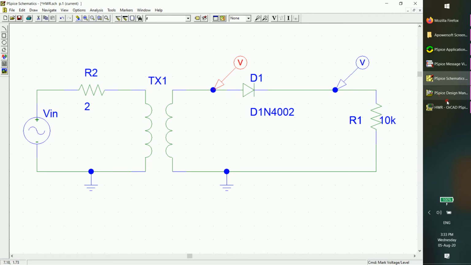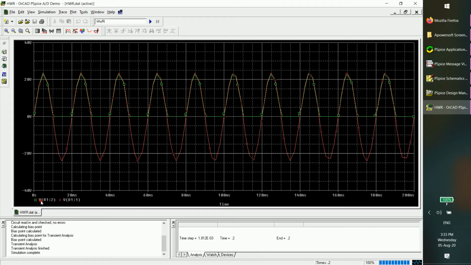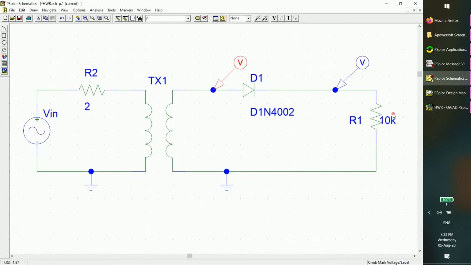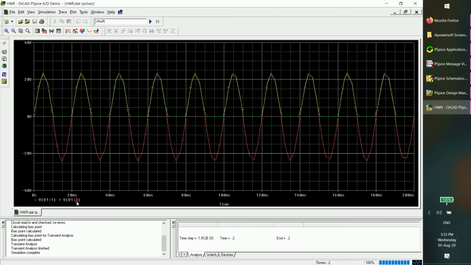Okay, just look at here, voltage across R1, terminal 2. So the green one is the voltage across resistance R1, so this is terminal 2. Okay, that's good. Let me try to move this and put it on the diode. Both are same. Yeah, just look at here, voltage D1, terminal 2, and this is terminal 1. So input to the diode is terminal 1, output of the diode is terminal 2. That's good. So if you want, you can see the rectified output here precisely.